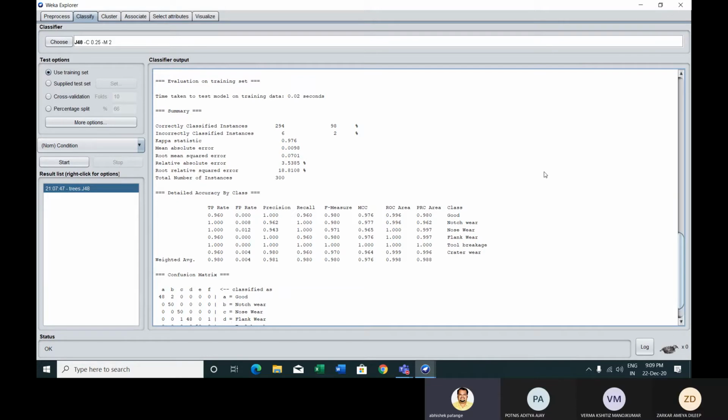So when we are using the training data set for classification, the ideal accuracy must be equal to 100%. So whenever you are using this option, use training set, the accuracy must be equal to 100 or it must be more than 98%.